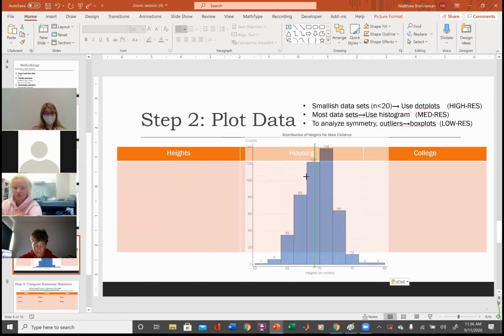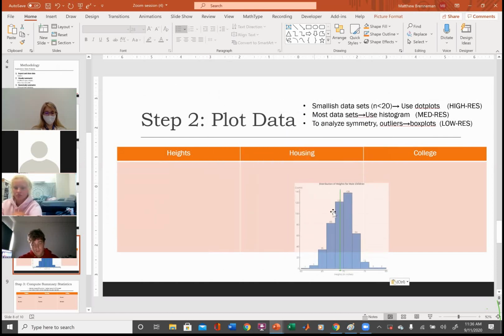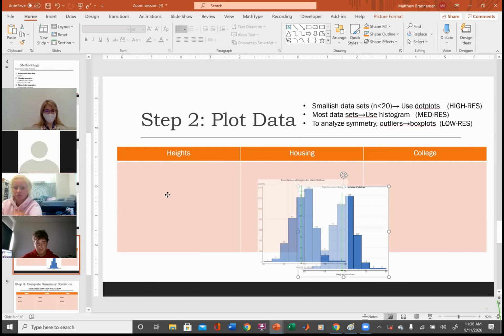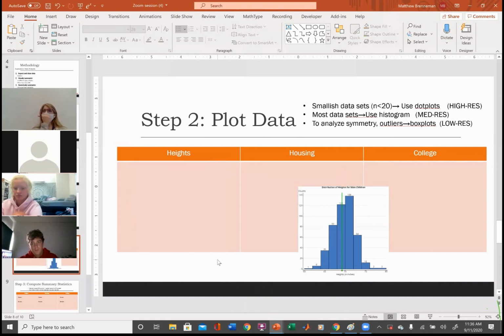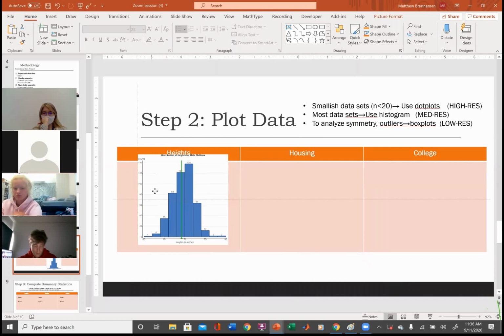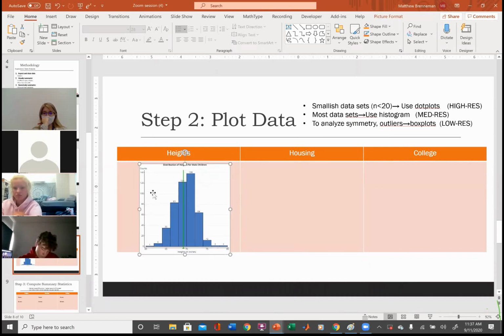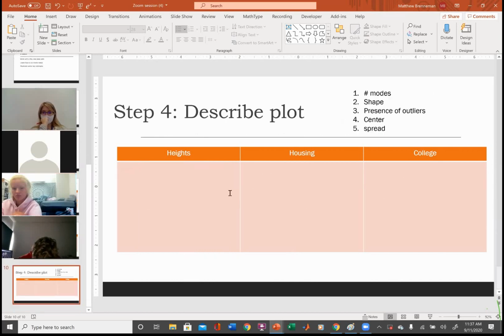And of course, if I was doing this in real life or I was doing this for a grade, I'd probably want to make the title and maybe the axis label a little larger, but that looks fine. That's good enough. Oops, didn't take. Okay, and there we are. So we know that this is unimodal, okay? I'm going to go way down to here. I'm going to go to the very last slide.